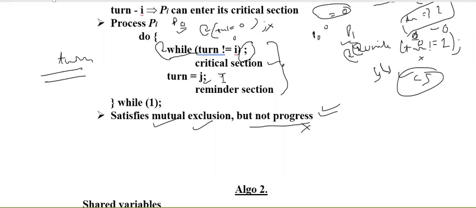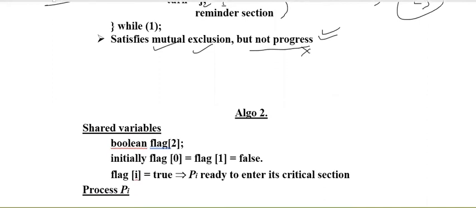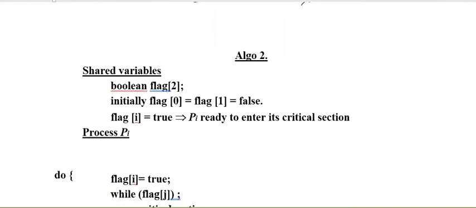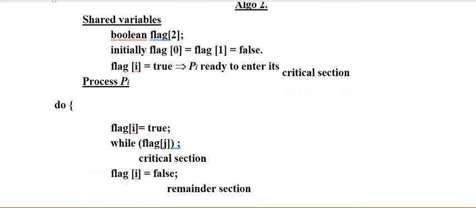Is there any other thing we can perform here? So let's try to pick. To solve that problem, we can use one Boolean flag. It's just like two persons both having a flag, and whenever anybody wants to enter, it will raise its flag.